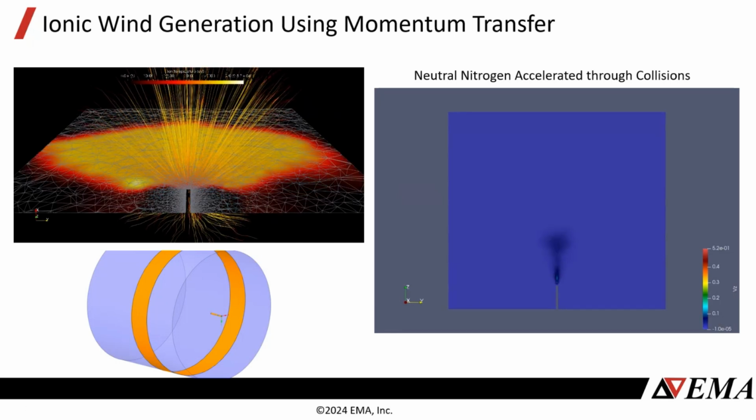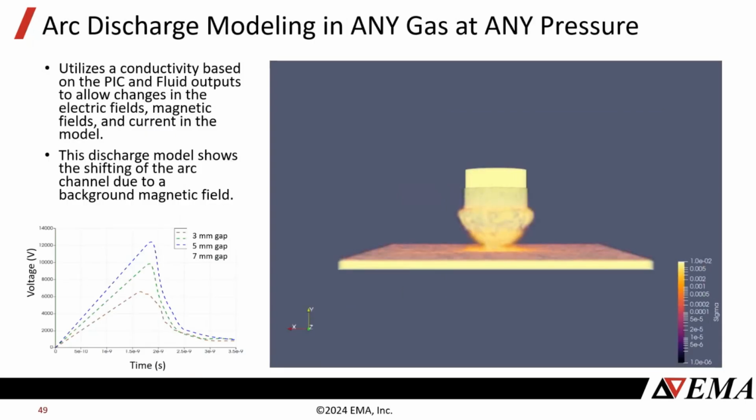And so with a very small corona discharge, you can create wind inside a very small confined space. And so we can solve for this momentum transfer and for the velocity of neutrals using the reaction solver that we have as well. And then I think this is one of my last ones, is really modeling discharges